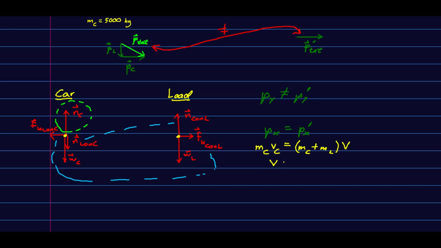And so there we go. Capital V is just m car v car over the sum of the masses. And you can now work that out and get a number if you